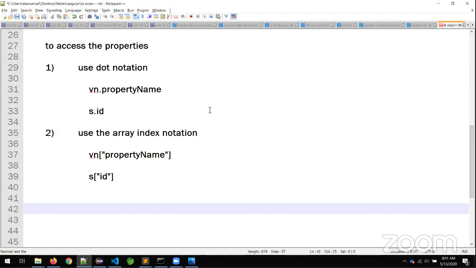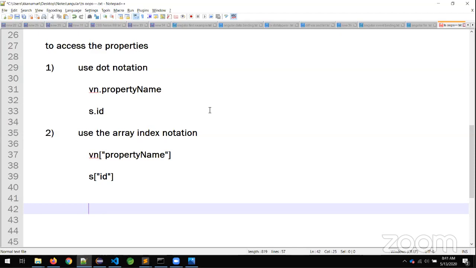Suppose in your UI you have graduation and post graduation. The mandatory column is graduation. At that time, how to access the graduation, which one is the preferable way? I want an answer from everyone, guys. Don't sit idle. If you sit idle, you will never learn anything. I will go for dot notation.